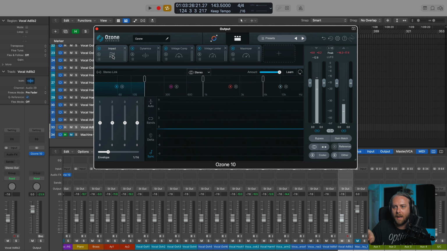And one of the nice things about the Impact module is that I can control the movement of the energy and sync it to a host tempo or have it kind of free throw if I want with this option right here, the sync option. So it's really a whole new way to bring movement and energy to an entire mix that we can't really do with a compressor or another dynamics tool. And also being able to move these things around with like one slider up and down is also very new and very exciting. So enough of me talking. Why don't we just explore this module a little bit as the audio plays.